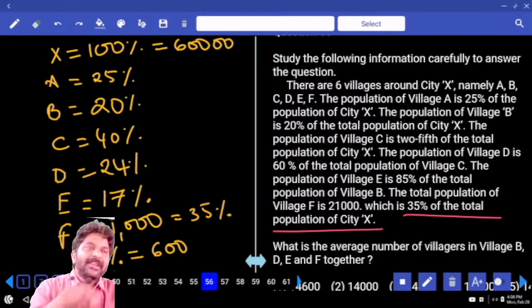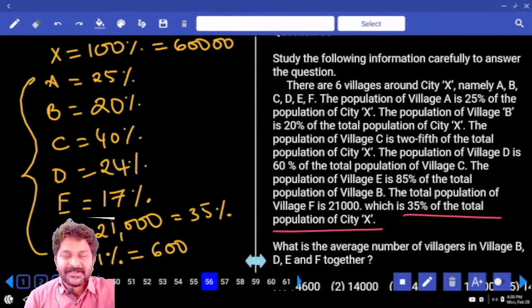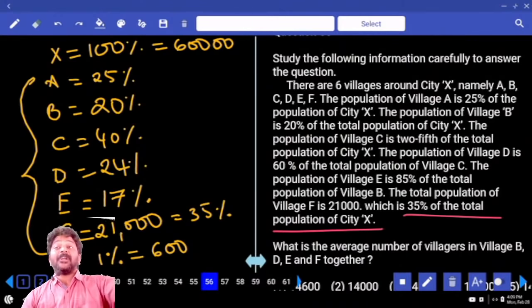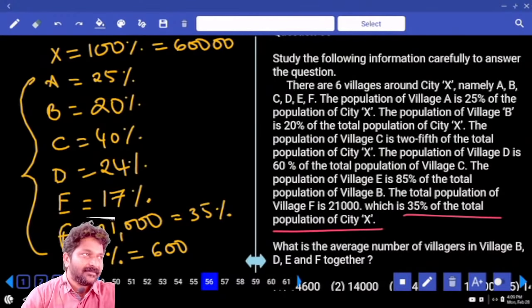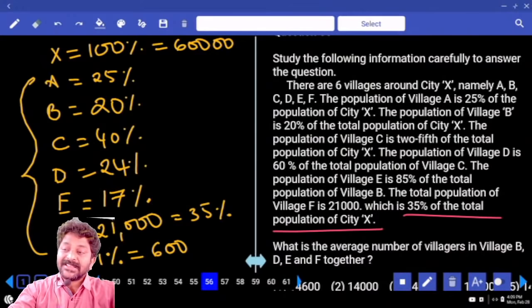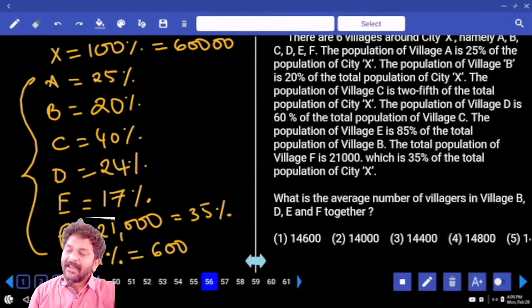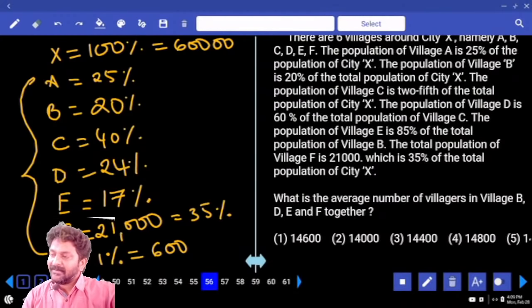అర్థమైందా? నేను ఇంతకుముందు చెప్పిన కండిషన్ ఏంటంటే, ABCDEF sum of total population of these 6 villages need not be 100%, because these 6 villages are around city X. అర్థమైందా? Right. What is the average number of villagers in village